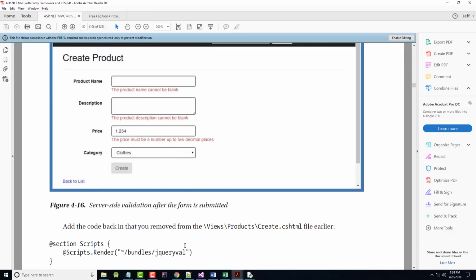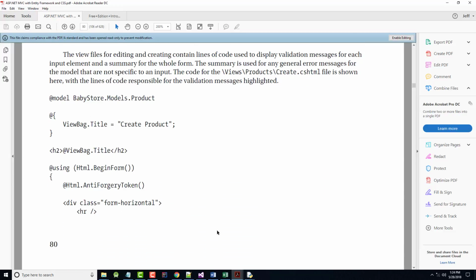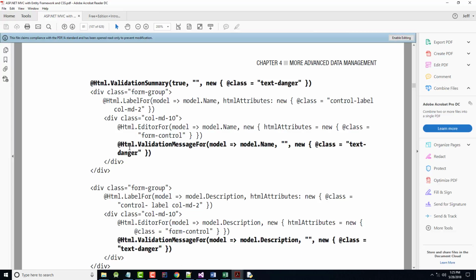It says down below here, this is the bottom part of page 80. The author says, the view files for editing and creating contain lines of code used to display validation messages for each input element and a summary for the whole form. The summary is used for any general error message that the model has that are not specific to the input. And they show you some of them here. On the next page, they're showing you the lines here